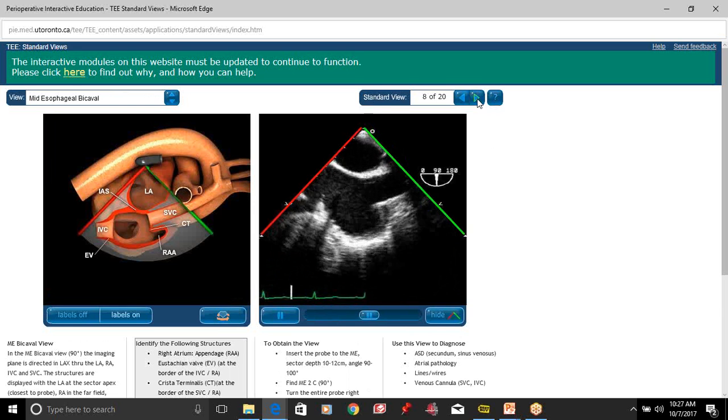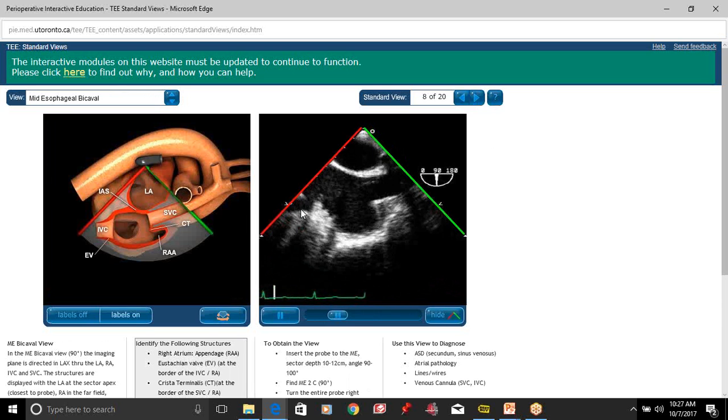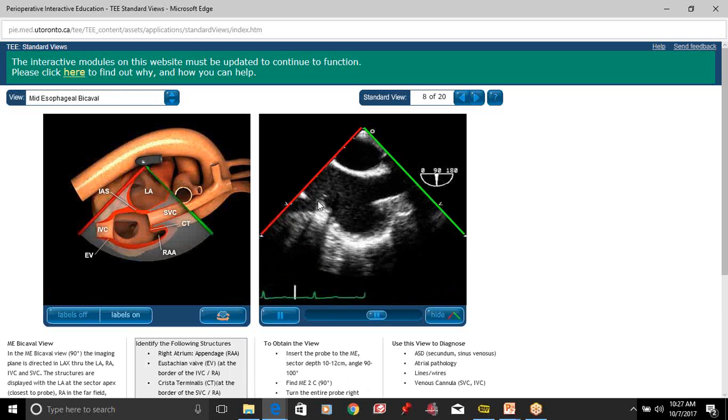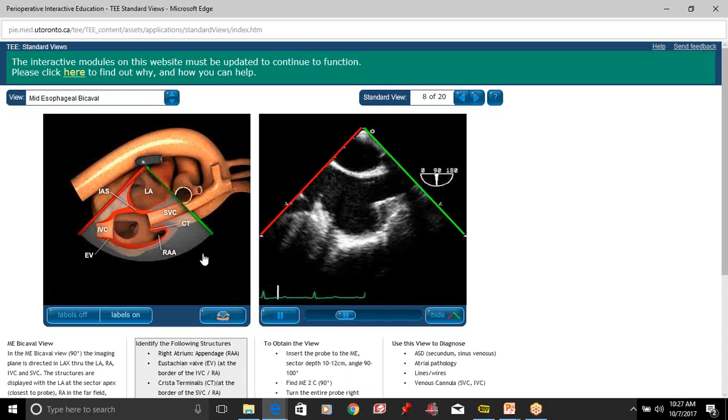This is your so-called bicaval view. This is your IVC with your eustachian valve right there. And then this is your superior vena cava. It drains into the right atrium. Okay, it's 90 degrees. All right,